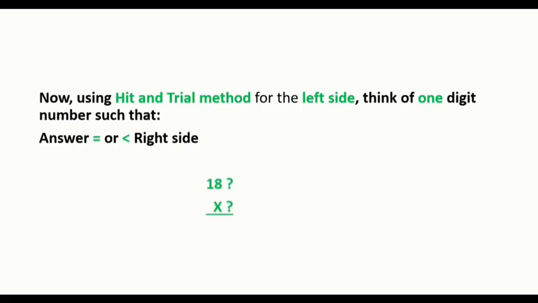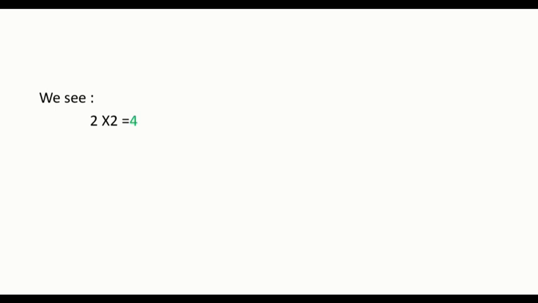Let's do it this way. Remember, on the left side I had 18. So here we need a number which, when kept on the units place of the same and multiplied by itself, will give me a 4 in the units place. Why a 4? Because our question has 1504 in the second step, right? So in order to find the numbers, let's check the pairs. One pair is 2 into 2, which gives you 4 in the units place, and the other can be 8 into 8, which can give you 4 in the units place, as there is 64.